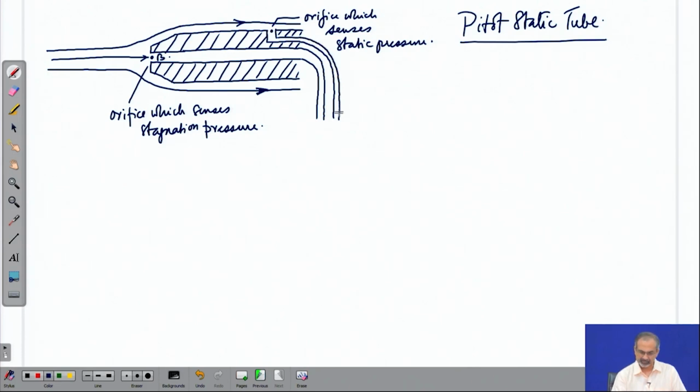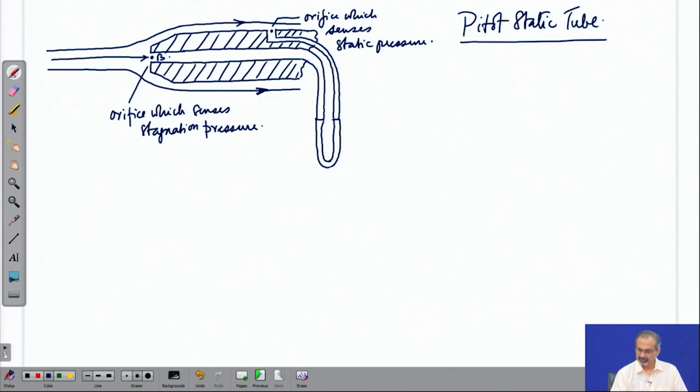In this case, we are using a manometer. You might as well use other devices, which we will discuss at more length later on in the course. So, it is finally routed to a manometer, and you will find that